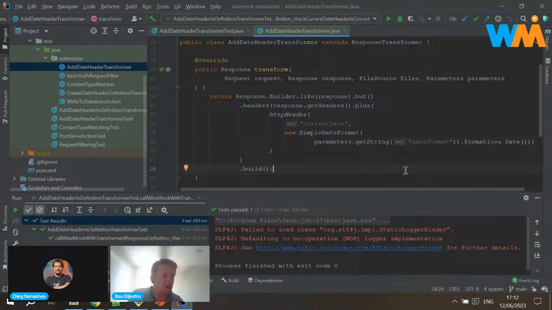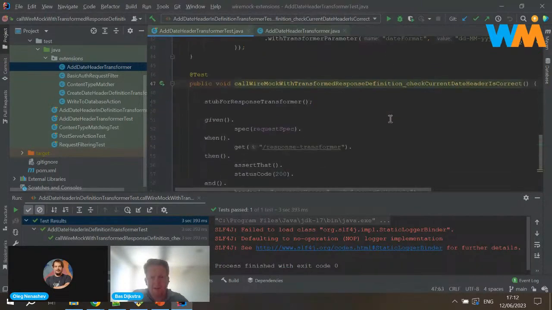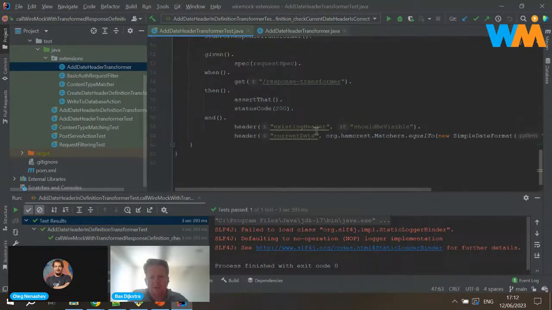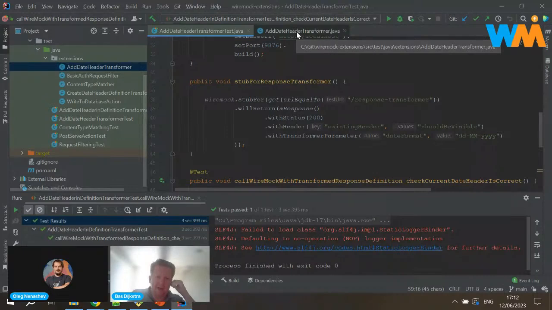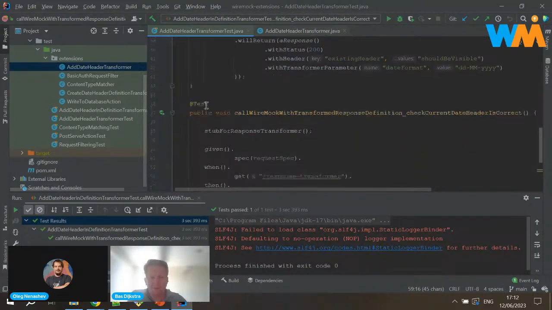I don't want to overwrite them. I want to add another header to this one. So I'm checking here on two different headers. One that's preserved, that's from the individual response definition, and the other one that's added by the transformer.